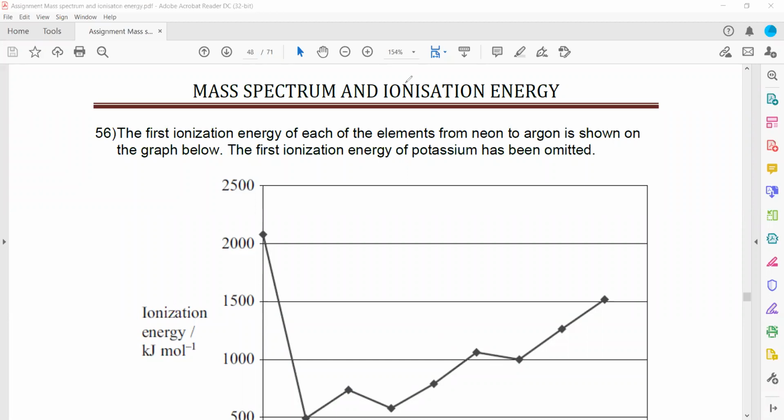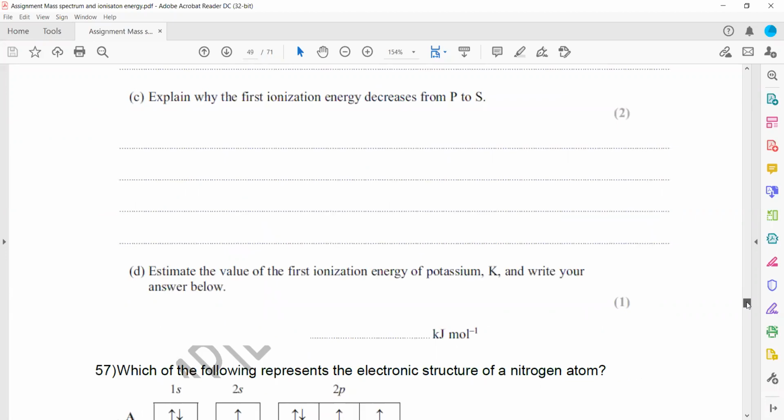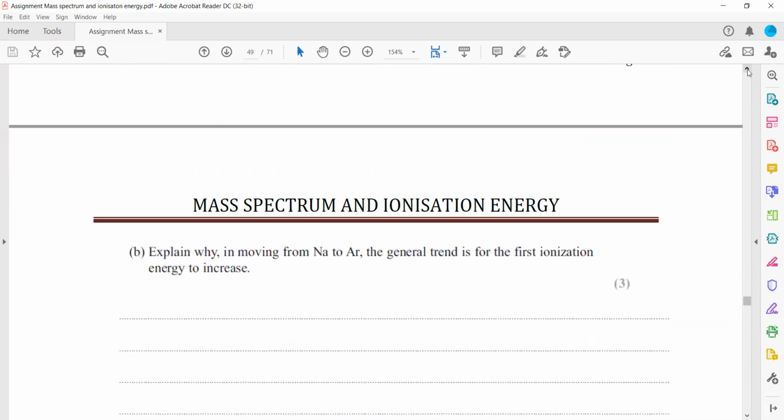So question 56, and there is 58 as well. In question 56 RD, estimate the value for the first ionization of potassium and write your answer. So we have to estimate the first ionization